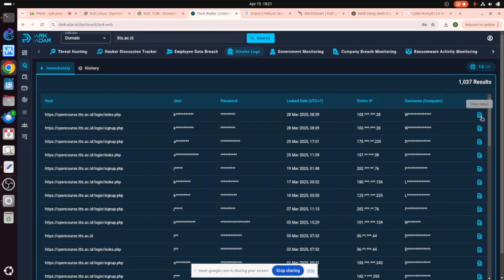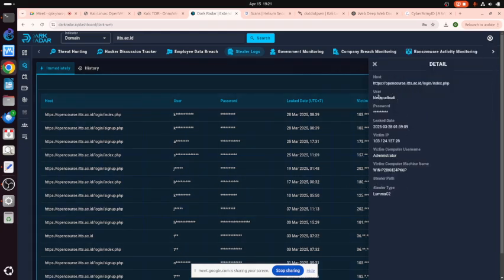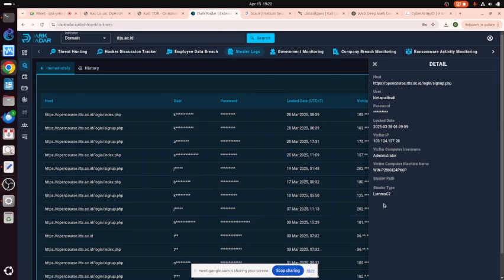We can view details here. Then I authorize, yes. When we see the details, check the victim computer machine name, Win P28KH. This is Windows. The stealer name is Luma C2. Wow, that's creepy. Luma Stealer, so this Windows machine is leaking. Let me see the other one. What kind of computer is this? Again, all of them are Windows. Oh, this is the same thing.